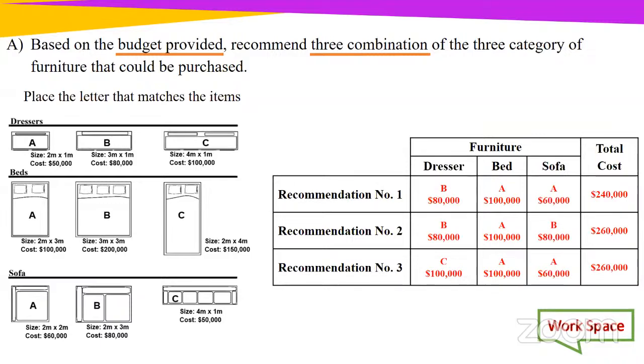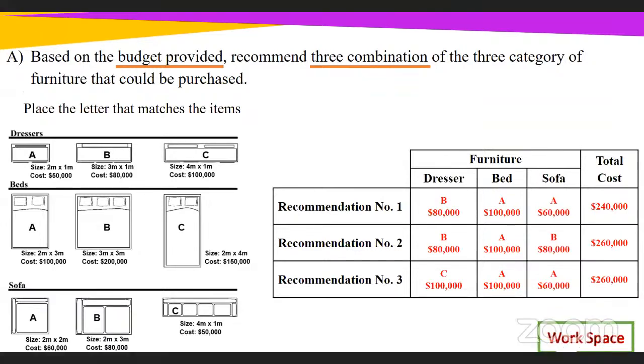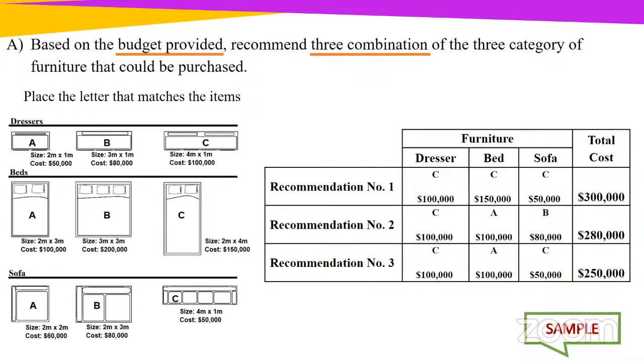Now, boys and girls, you have given us some recommendations, and please note that there are several others that would have met the condition. And I am going to be sharing a few of those recommendations with you as well. So here we have recommendation 1, dresser C, bed C, and sofa C. And can you see what the total cost is there? Would we have met the condition there? Did we exceed, or did we stay within budget? Just type in the chat as we critique all 3 of them.